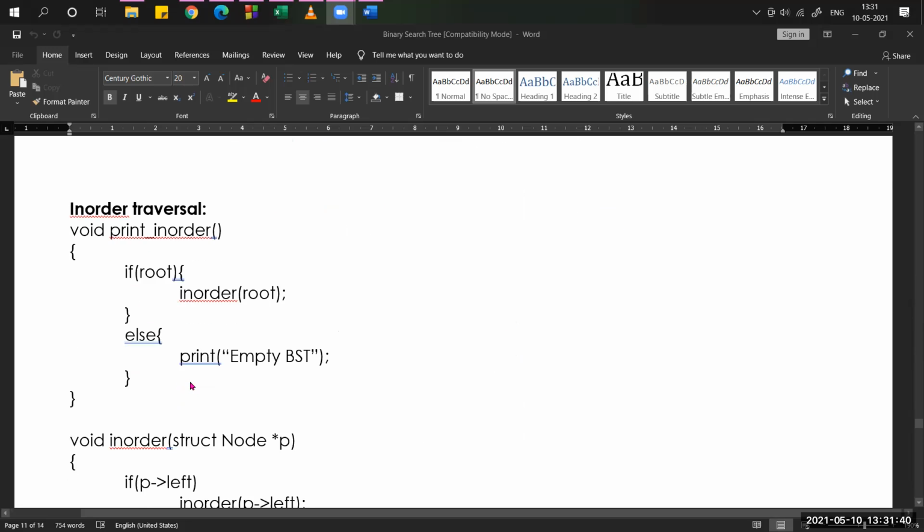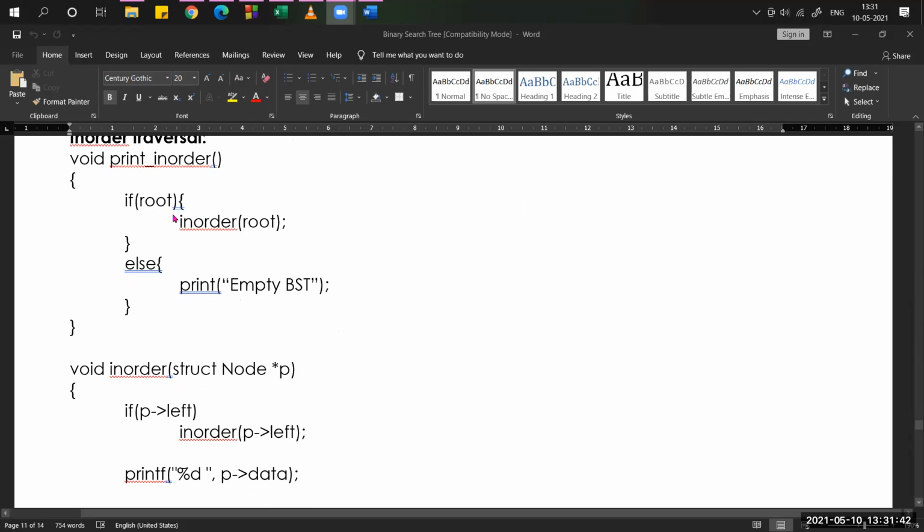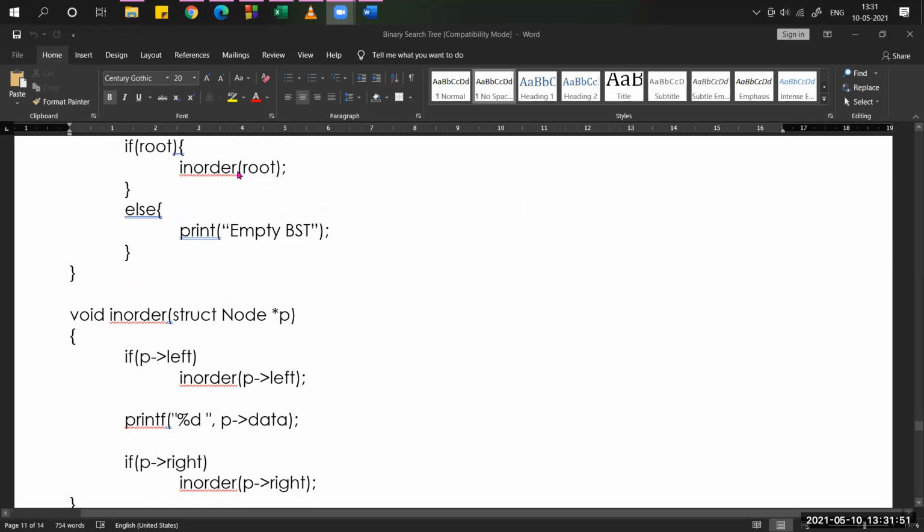Whenever we call this function after taking the root node address, the cursor has to come here, and this function will be executed.